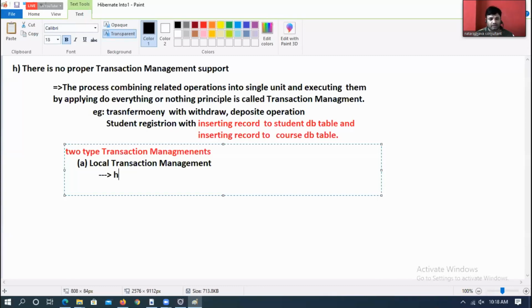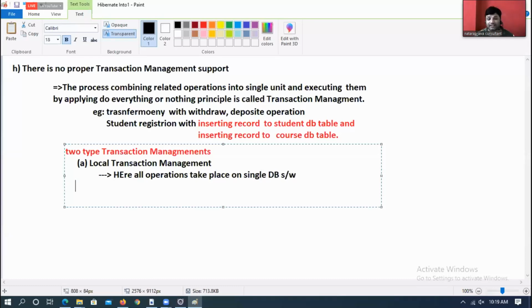Here, all operations take place on a single database software. Example, transfer money operation between two accounts of the same bank.